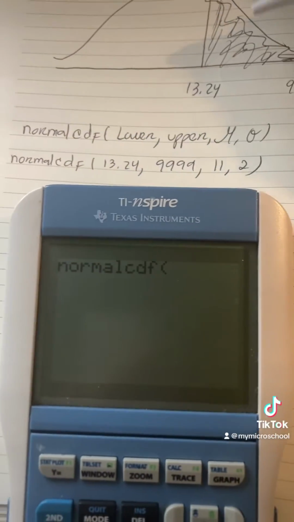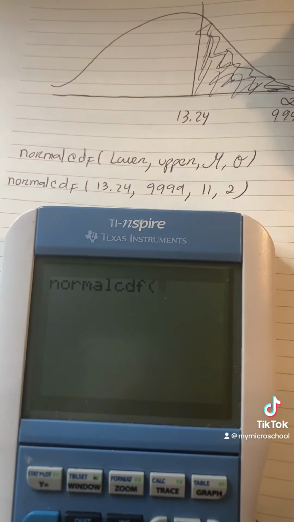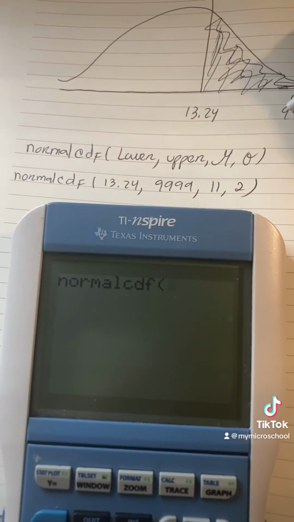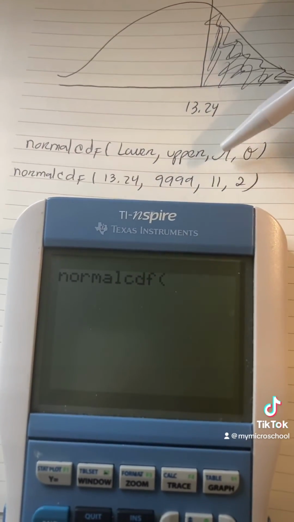Now, my lower is 13.24. My upper is the infinity. But for the calculator purpose, I'm just going to put 9999 because it's a high value representing the infinity in this case. Mu is going to be